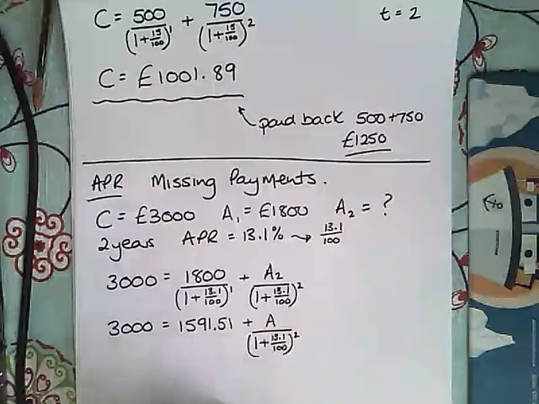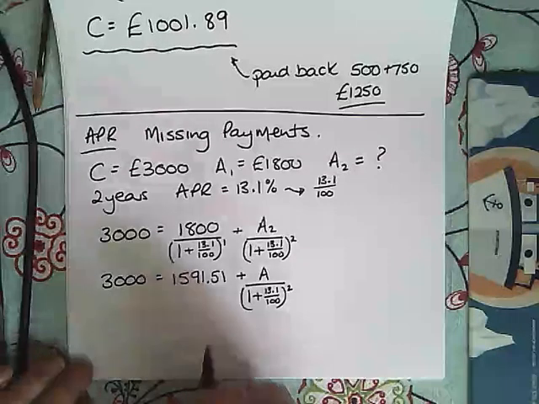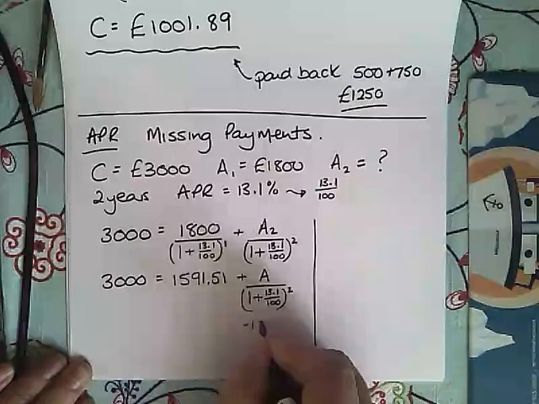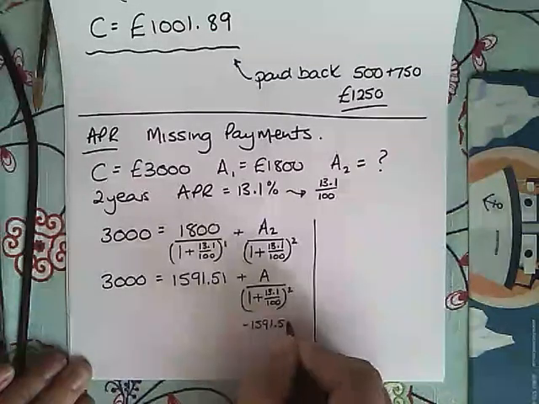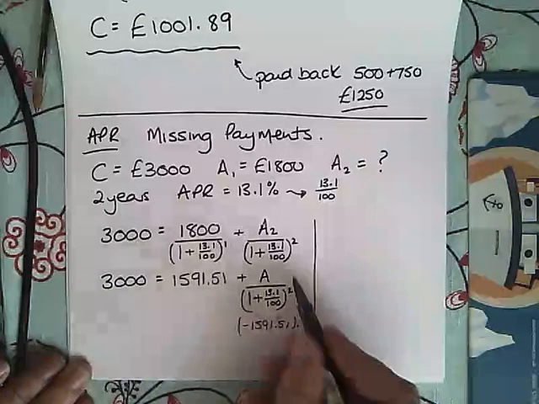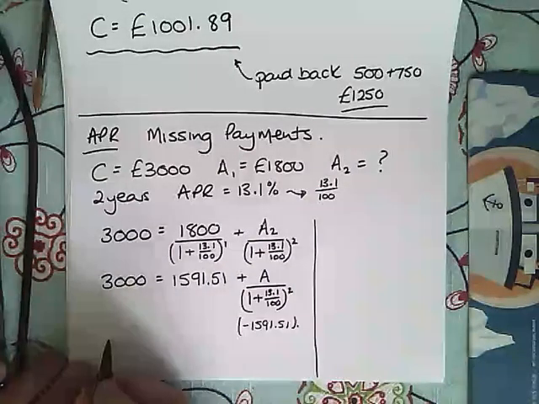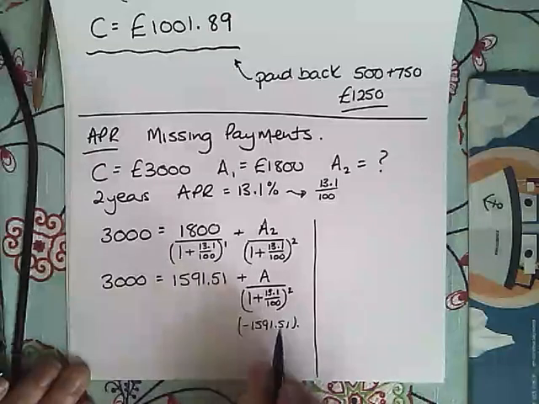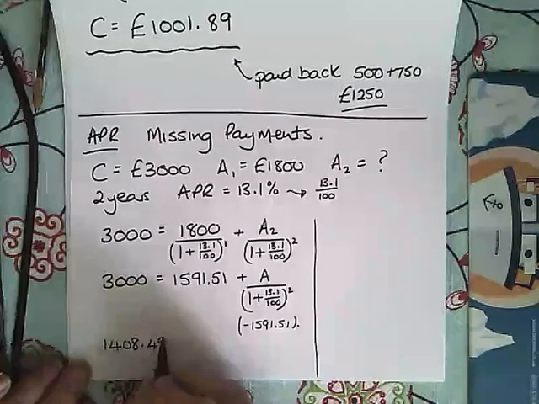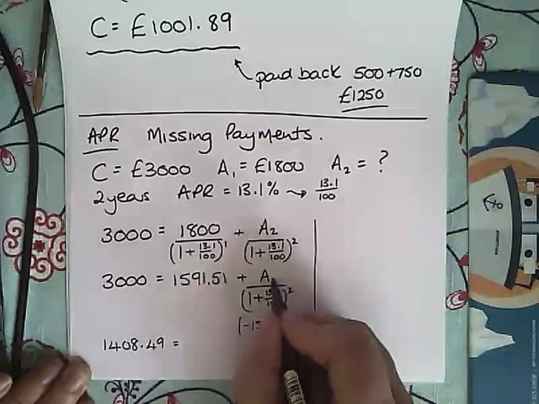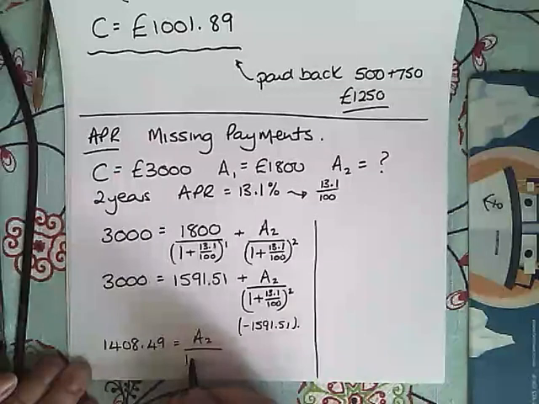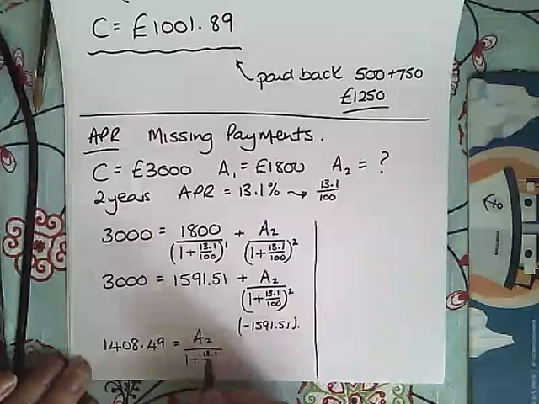We subtract £1,591.51 from both sides, and we will end up with just this part of the equation. So 3,000, take away this amount, is £1,408.49, and that is equal to A2 over 1 plus 13.1 over 100